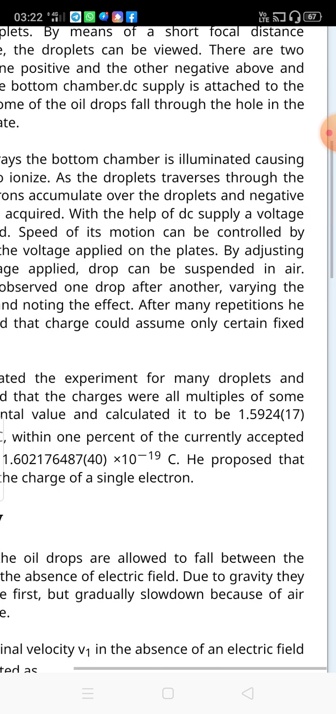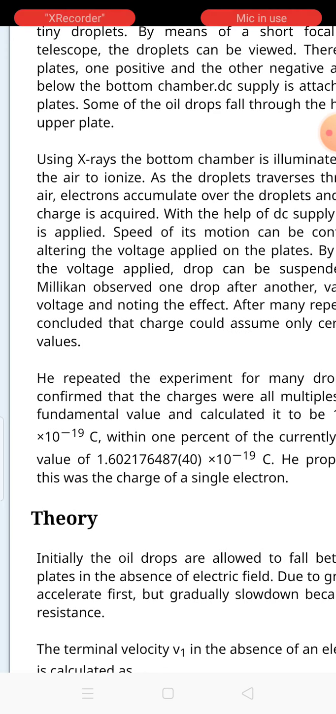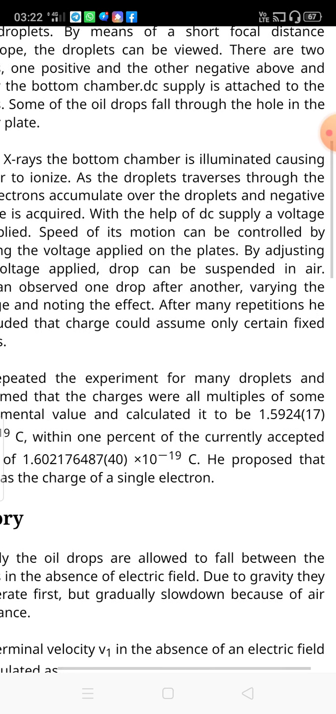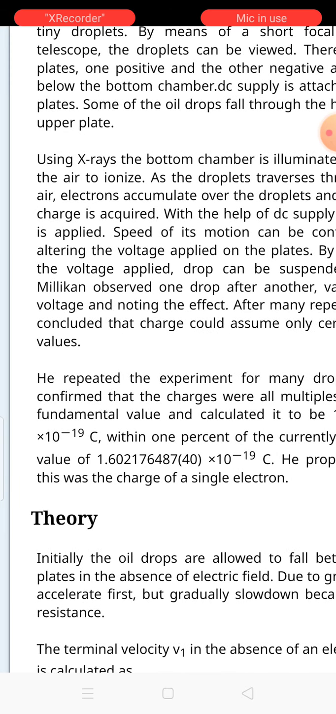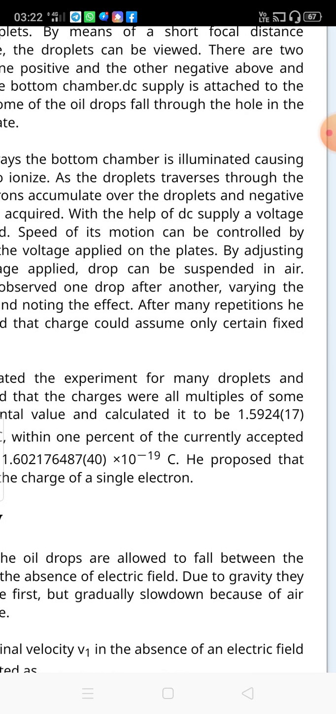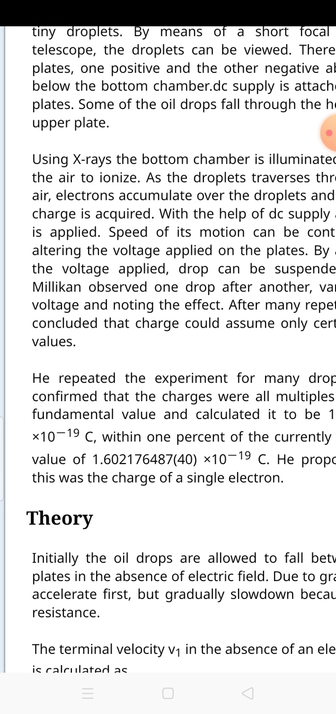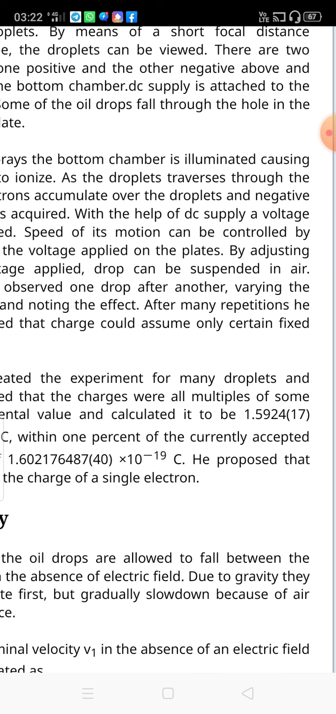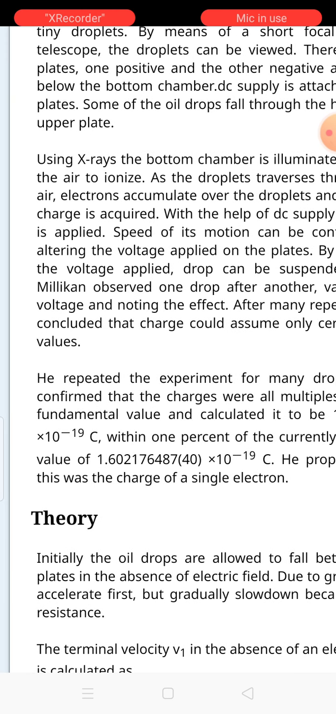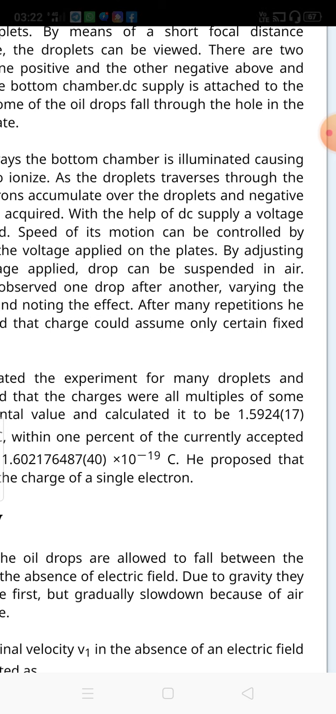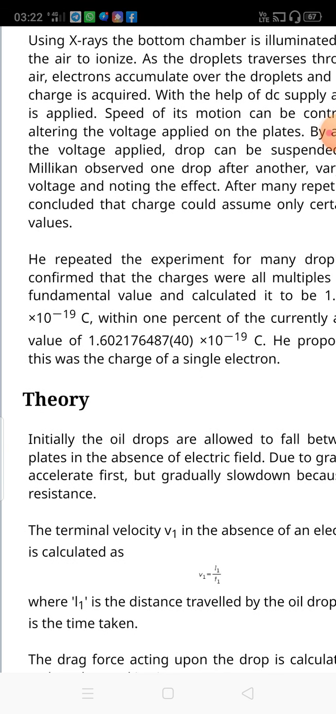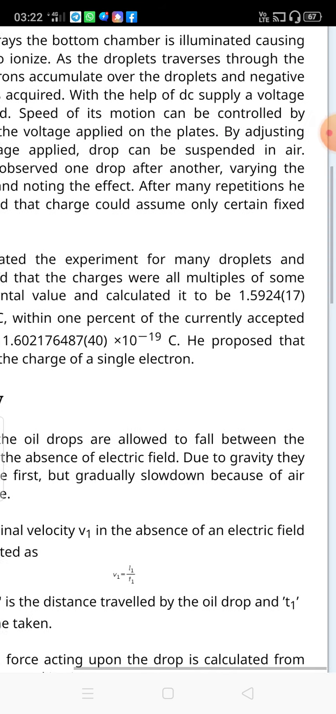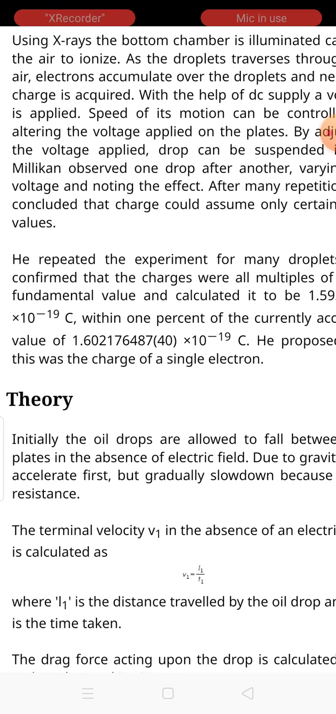With the help of a DC supply, a voltage is applied. The speed of the drop's motion can be controlled by altering the voltage applied on the plates. By adjusting the voltage applied, the drop can be suspended in air. Millikan observed one drop after another, varying the velocity, and noticed the effect. After many repetitions, he concluded that charge could assume only certain fixed values. He repeated the experiment for many droplets and confirmed that the charges were all multiples of some fundamental value, and